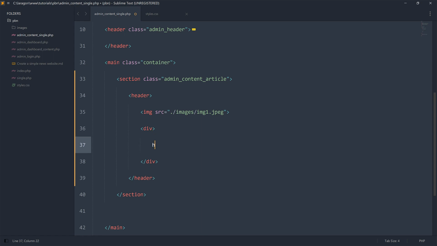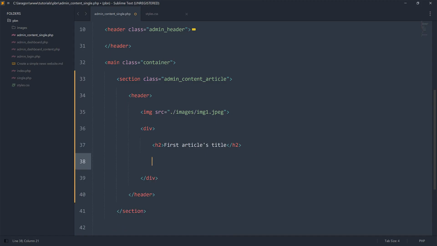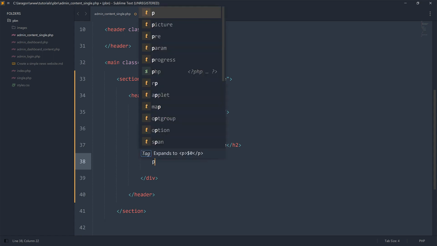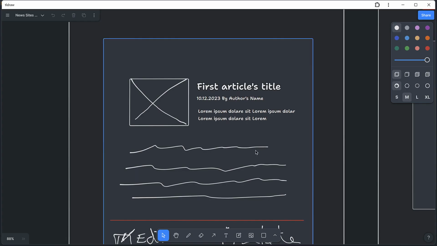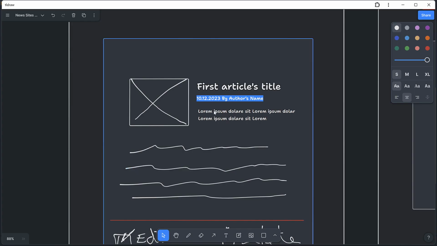and then here I will have a heading 2. It doesn't really matter. So we'll have the first article's title. So the article title will be there. Then next to it we'll have, let's say, a paragraph, and that paragraph will have the author. So let me just copy the content, and then we'll have another paragraph to have the excerpt. So I will also copy some content here,